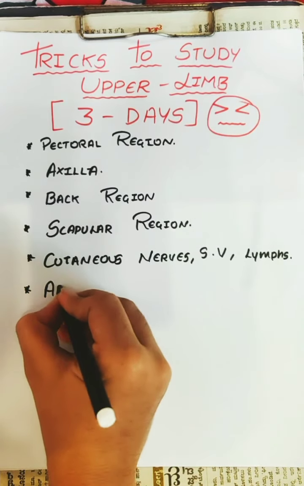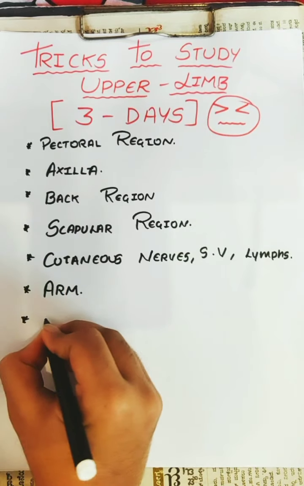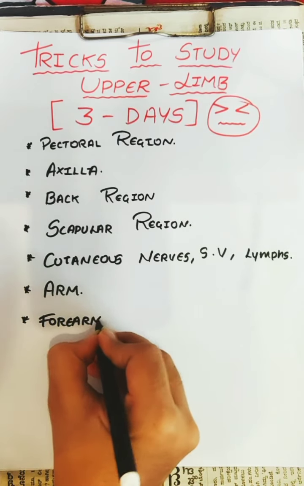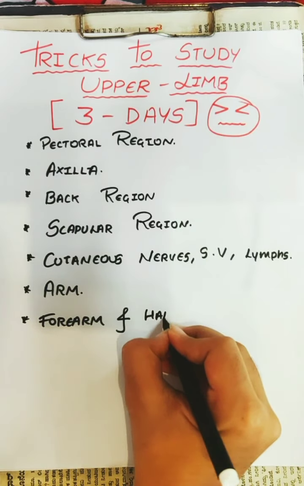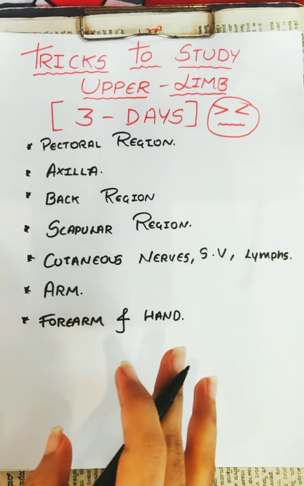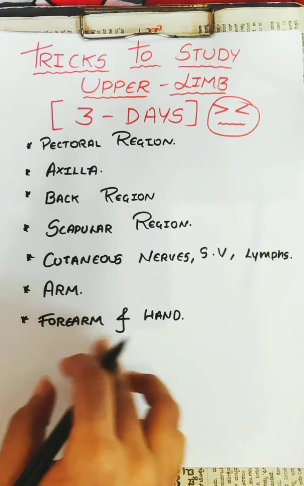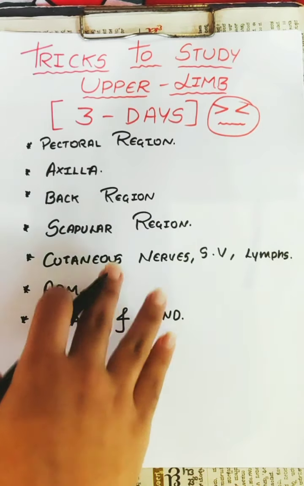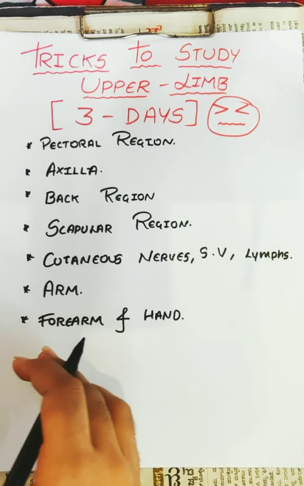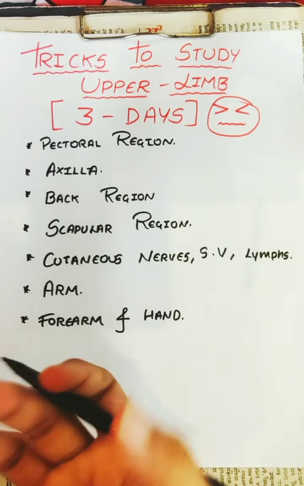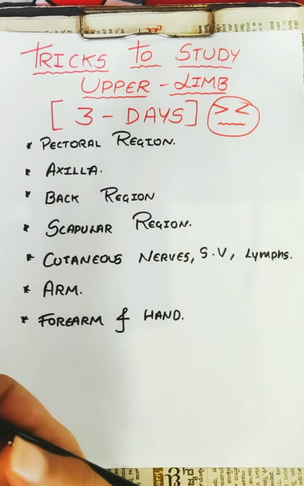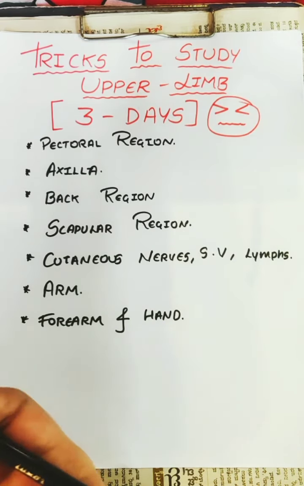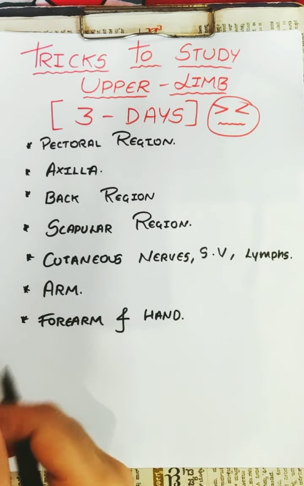Sixth is the arm, and finally the seventh chapter is the forearm and hand. Usually we find this last chapter, forearm and hand, kind of difficult. Compared to this chapter the rest are kind of easy, because in this chapter you have a lot of things, a lot of nerves to remember. Flexor retinaculum, extensor retinaculum, those muscles, their origins, their insertions. Oof. But still we can do it.